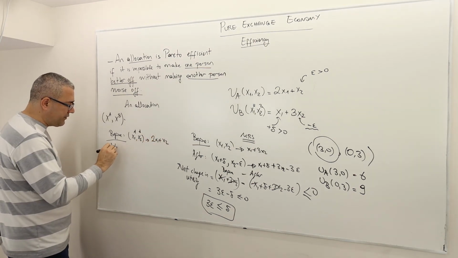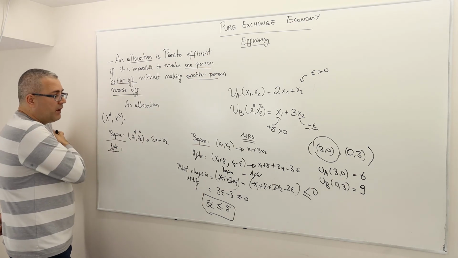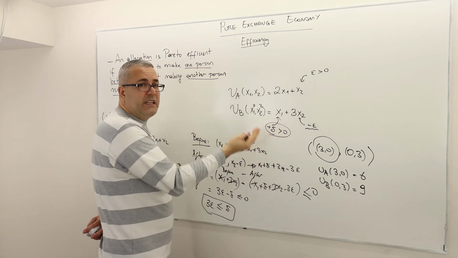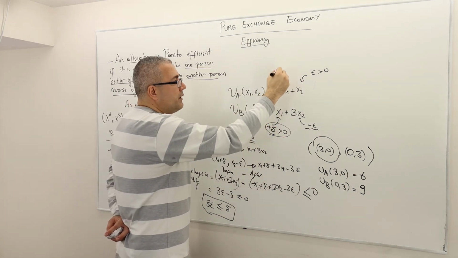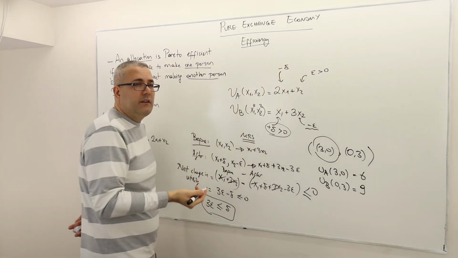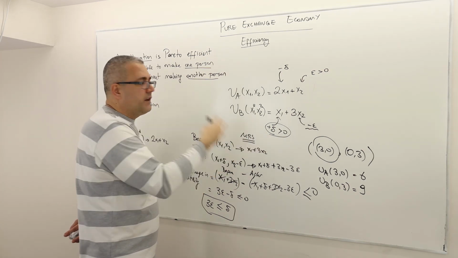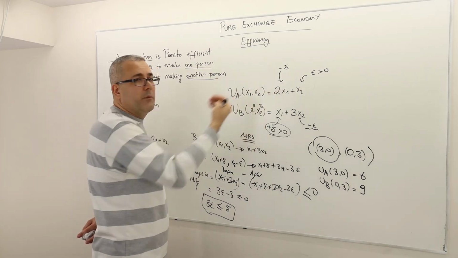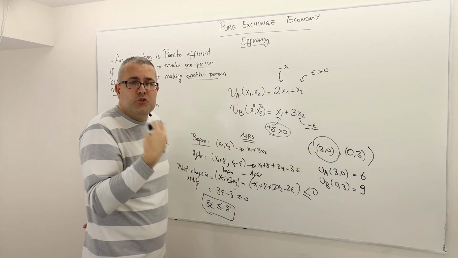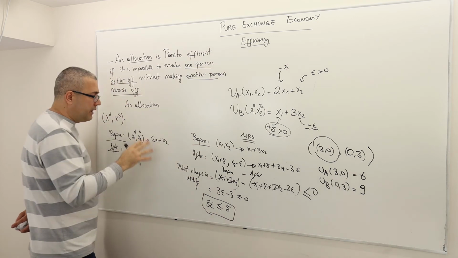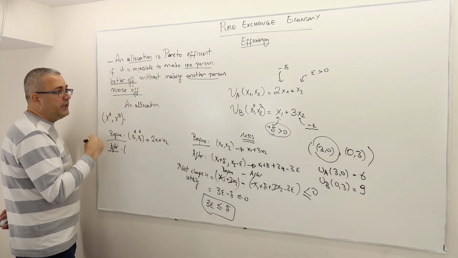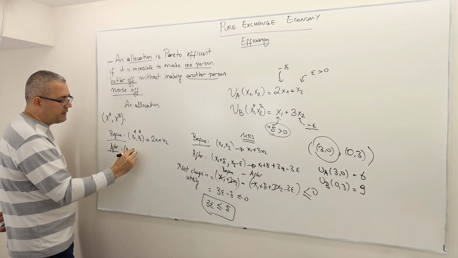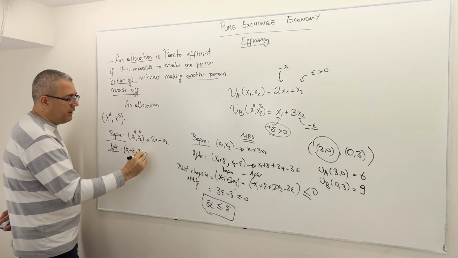So after the exchange, what we have is the following. Now, don't forget, this delta is given to Bob, but it has to be subtracted from Anita, right? I mean, otherwise, where is this additional x1 coming from? Out of nowhere? No, it has to come from Anita, because Anita is the one who is consuming all the x1s. So therefore, after the exchange, the consumption bundle for Anita is the following: x1 minus delta and x2 plus epsilon.